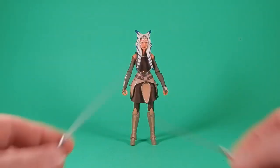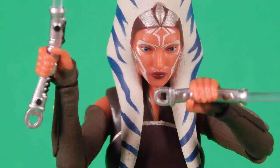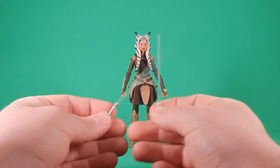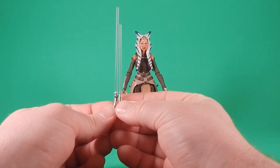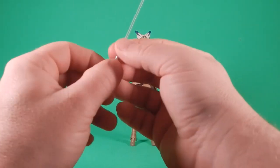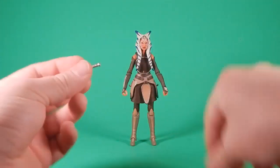She does come with two accessories, two lightsabers. One's kind of the Dooku bent style hilt. The other is just a straight cylinder lightsaber. They both have white blades. The straight cylinder has a shorter blade than the bent hilt. Both blades are removable, but